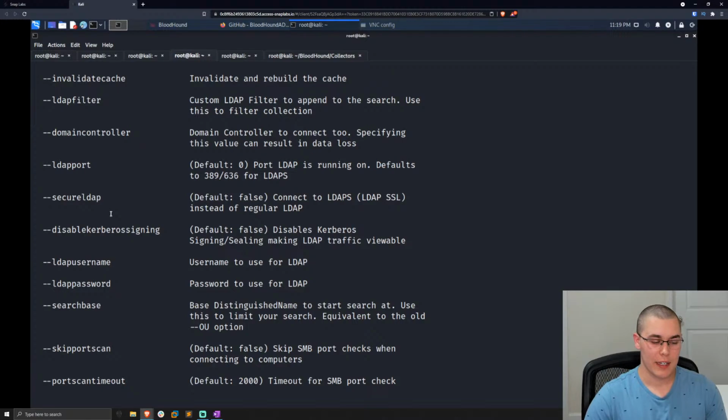Bloodhound. If you are interested in learning some more about that, I think that the CRTP certification teaches that really well. I just took that like a month ago. You can do a lot of this with the Powersploit repo, especially PowerView. Also, the built-in AD modules can,